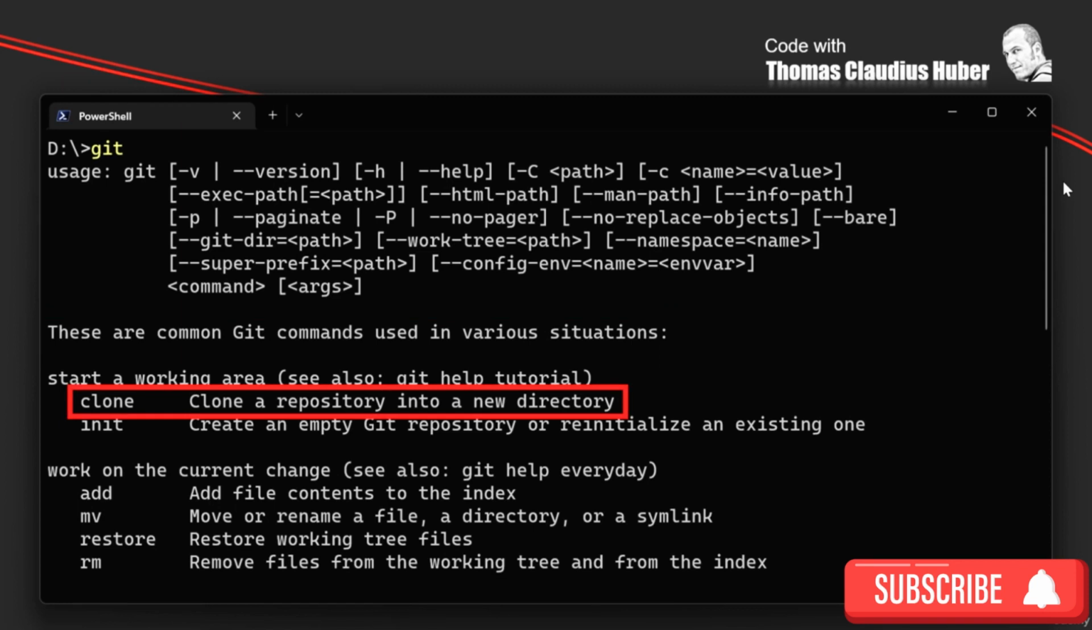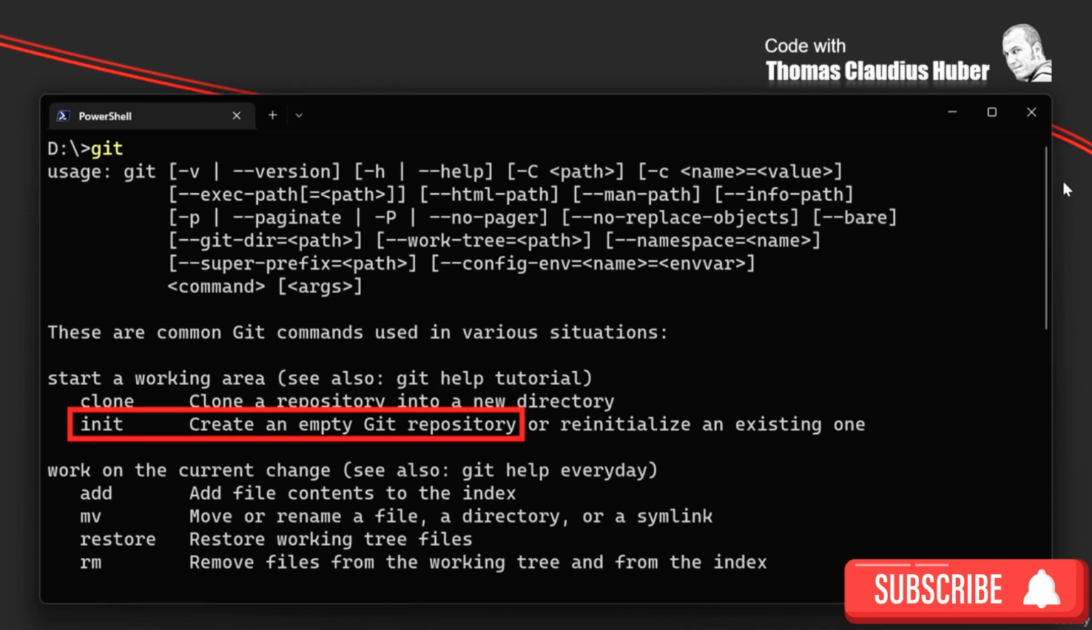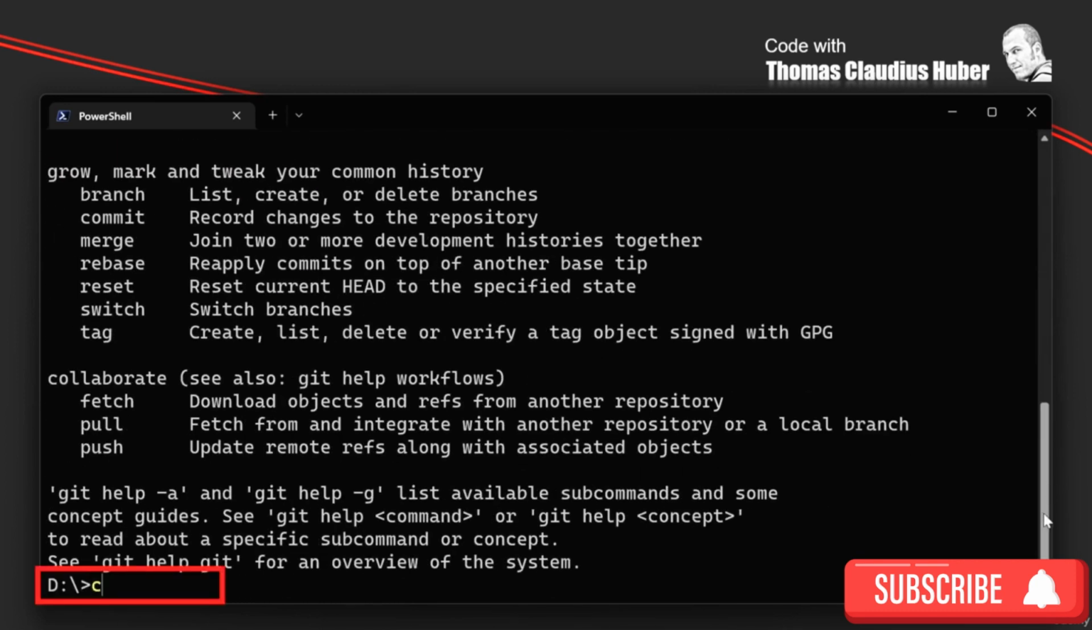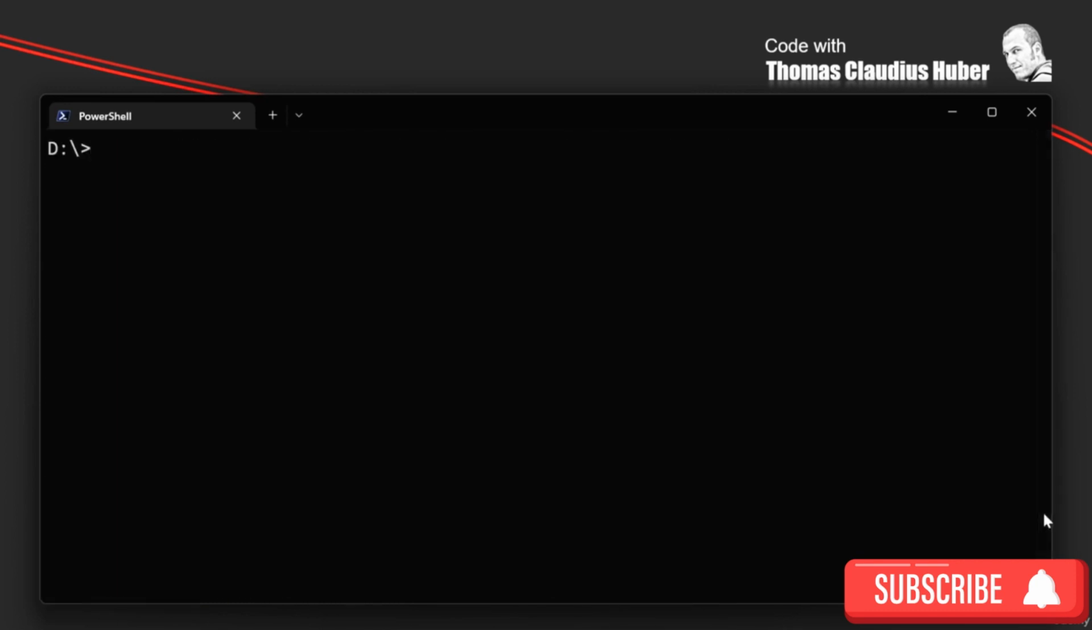You find here the clone command to clone a repository, and you find the init command to initialize an empty Git repository. As you can see here, you can write git -h or --help to get help. You can write git -v or --version to see the installed version of Git on your machine. So let me scroll down and let's type here cls to clear the screen, and now let's write git -v, and